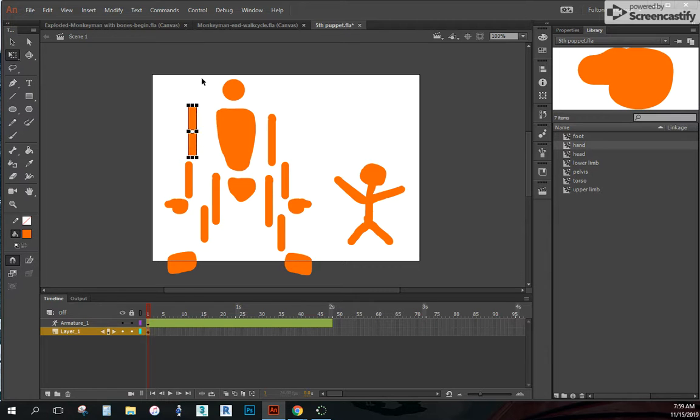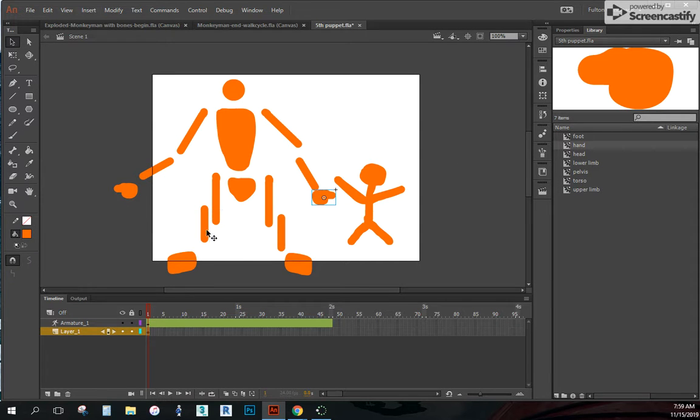He's kind of exploded. Remember, you can take these and transform them, move them how you need to. Taking these to make them a little bit more in place. I don't want them together. I want them separated right now because this is going to be a lot easier to connect bones to. So once I have them all separated, in what I call an exploded view, like all his body parts are shattered here, I'm gonna add